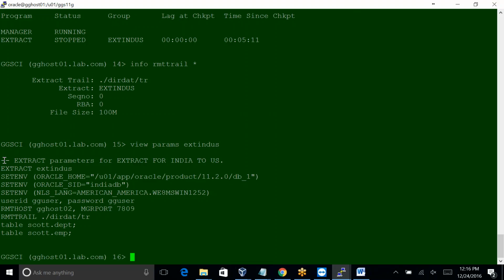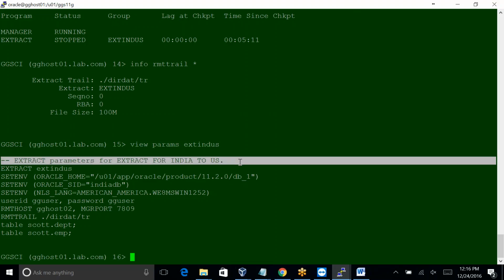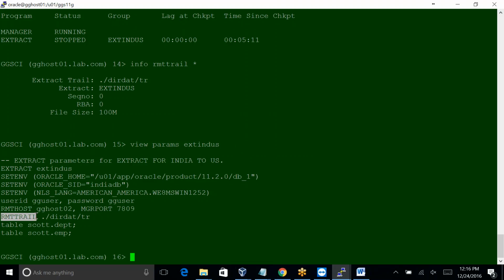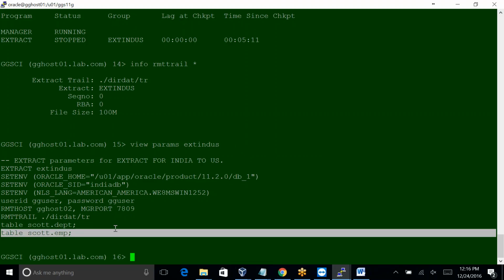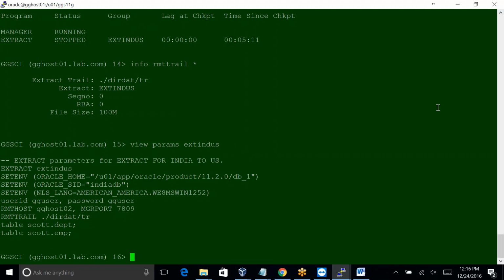So this is the first line, just a comment about this one. Then extract ext inds, ind us, and the Oracle home location, sid, and language, user id, password, and remote host. After that, rmttrail, tables equal to table so and so, and this other table. So I added this information. Okay, now